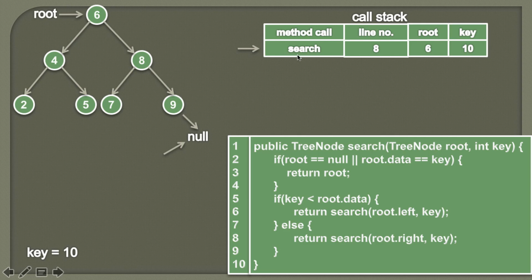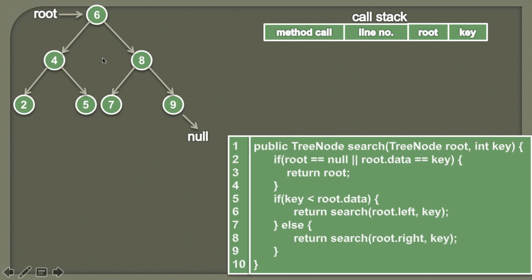So this method will be removed from the call stack, and at last we'll simply return null, which would signify that value was not found into the binary search tree. So friends, in this tutorial we saw the demonstration of how to search a particular key into the binary search tree. Now let's go to Eclipse and see the working of this code.